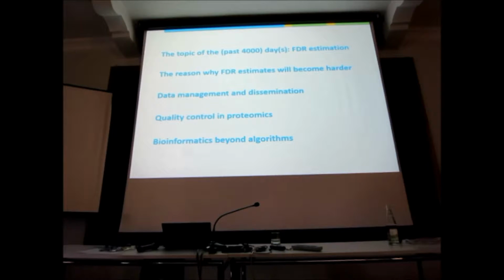data. So this has been a very hot topic, not the topic of the day, although it's definitely very much in vogue again today, but the past 4,000 days. So let's say give or take 10 years and a bit, right? This came up when proteomics became high throughput. Then we started realizing we have to control for this. The problem is, how do you know that these FDR estimations that everybody uses work? So we'll talk about that, about a way to figure out whether they work, and I'll show you where they don't work.